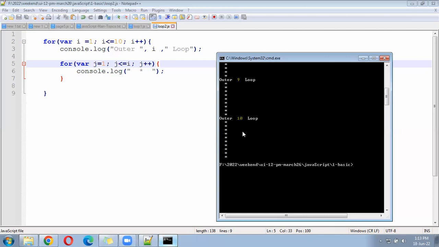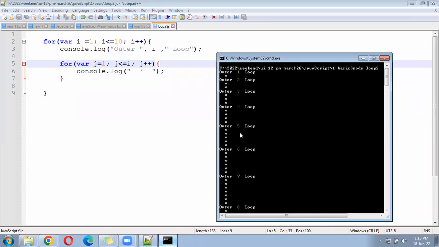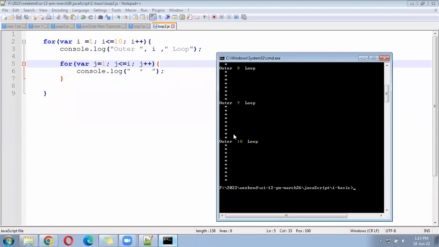Okay, hope ready. 1 to 10 once we go. Now what do we want? We want these stars should not print in a new line. 9 stars should come in one line. 10 stars should come in one line. 5 stars should come in one line. That way. Okay, next after that,